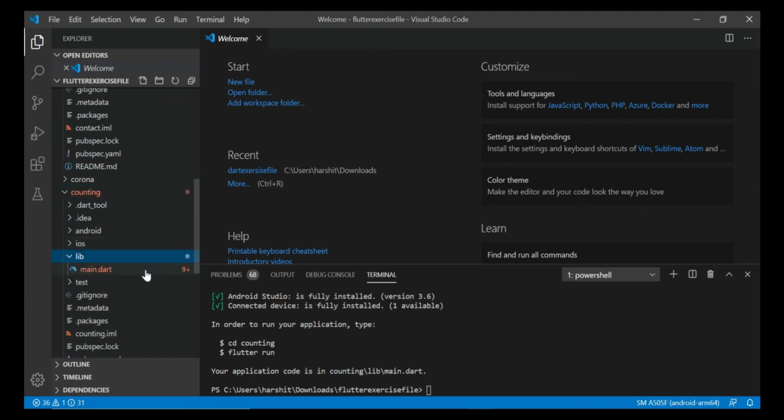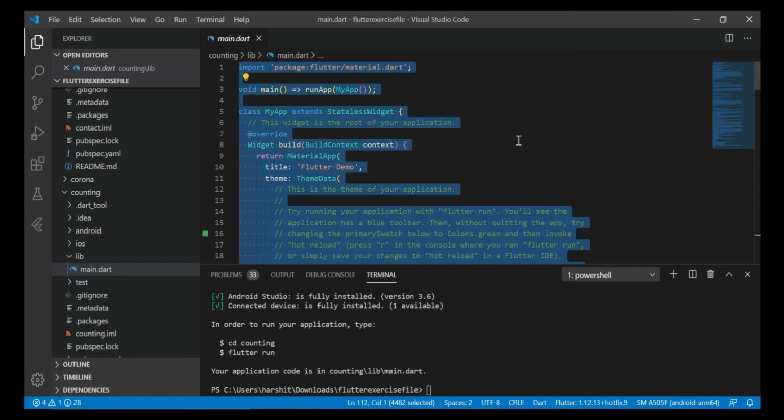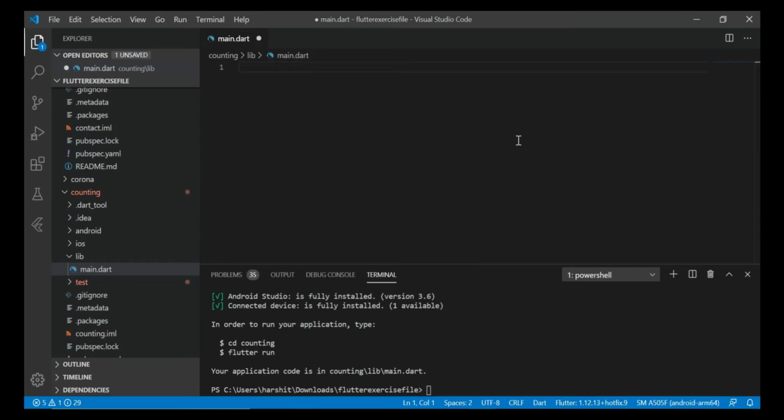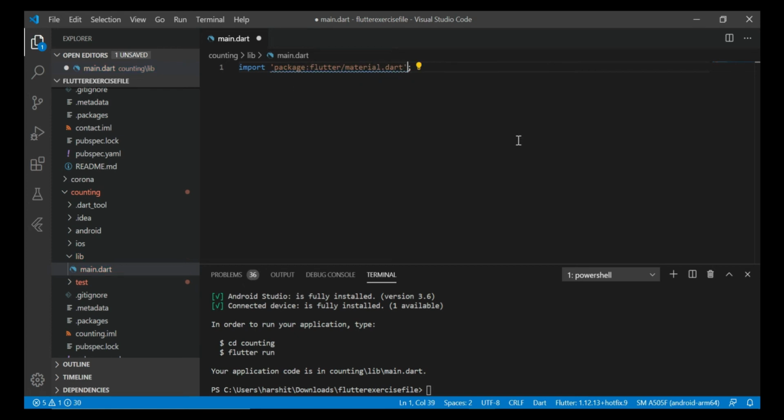Now this is our app that we are going to build, and inside main we are going to build all our applications. And right now I'm going to cut all these lines and we learn step by step what these are, so don't worry. Now first import our material library. It's an important library. With this library we gain control to use all the widgets. Everything in Flutter is a widget, and every app has a main method.